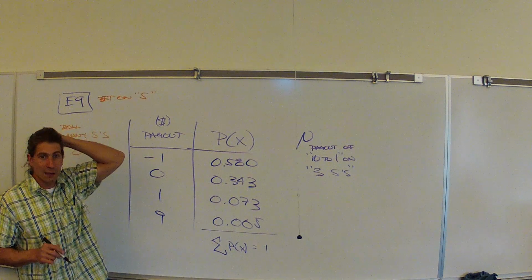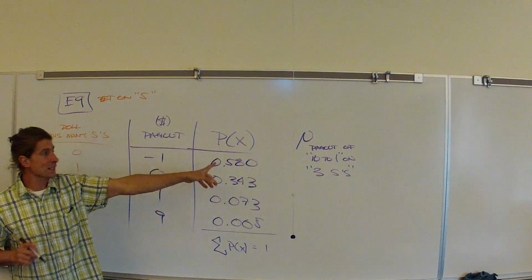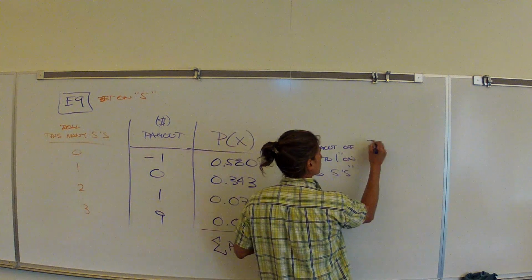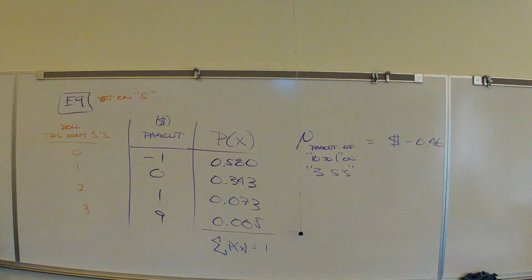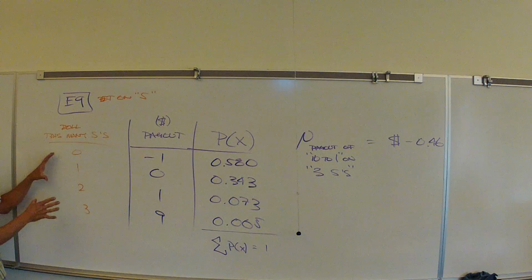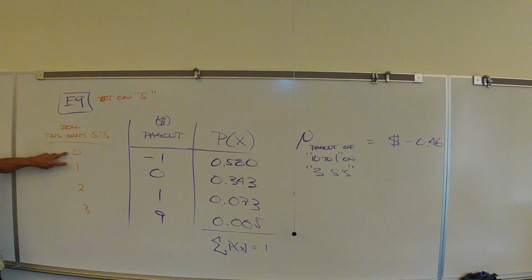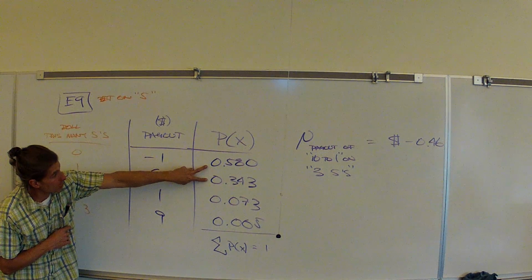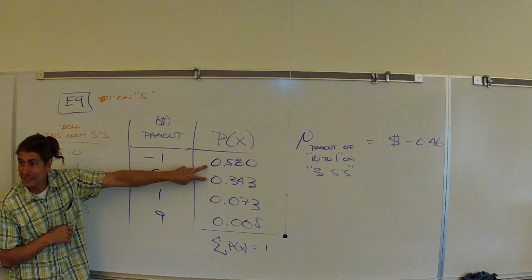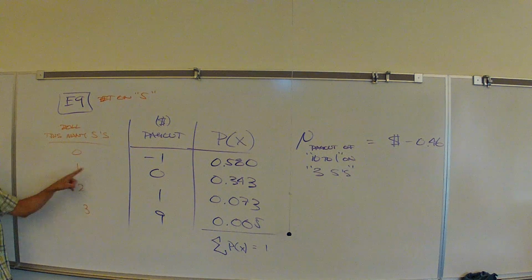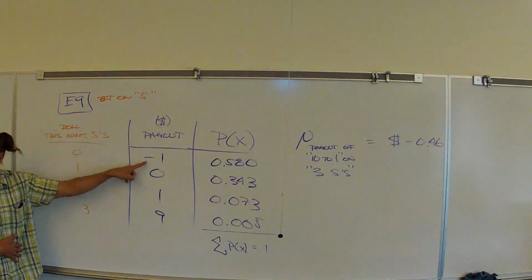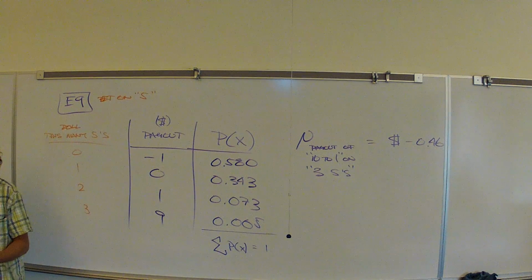If you're messing with the payout of 10 to 1 on 3 5s, what was the average of this entire thing? Negative 46 cents, which essentially means you're going to lose about $0.50 every time you play. And you can see why. The lion's share of what's happening in this distribution is happening right here. 92% of the time, you're either not rolling any 5s or you're rolling 1 5. When you roll the 5, you win your dollar back. When you don't, you lose your dollar. So essentially, there's where your negative 50 cents is coming from.